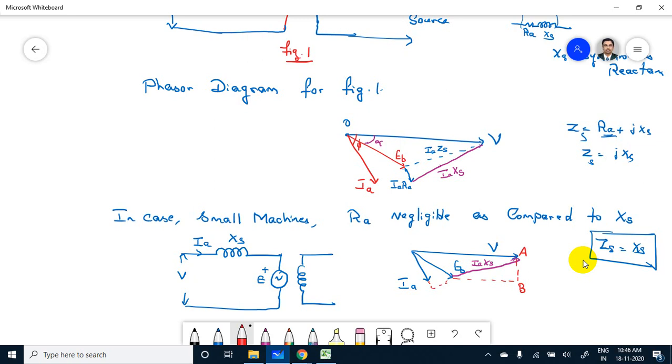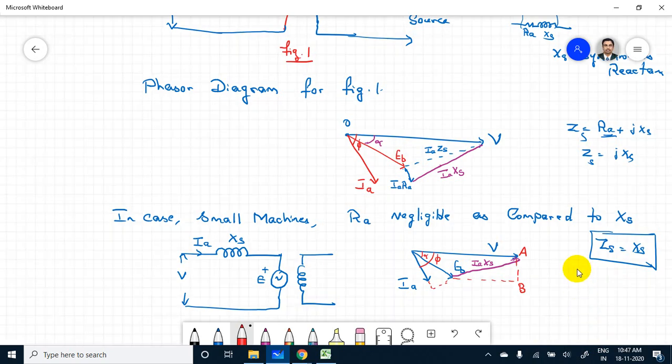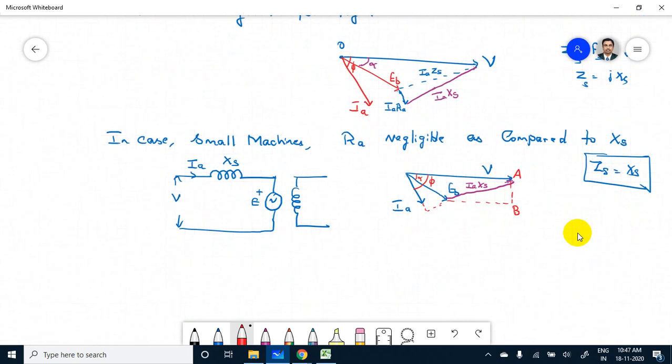So you get a triangle in terms of IA and EB, and the angle between these two will be alpha. The angle between IA and V is phi. Therefore, the net mechanical power developed in our machine, Pin, equals